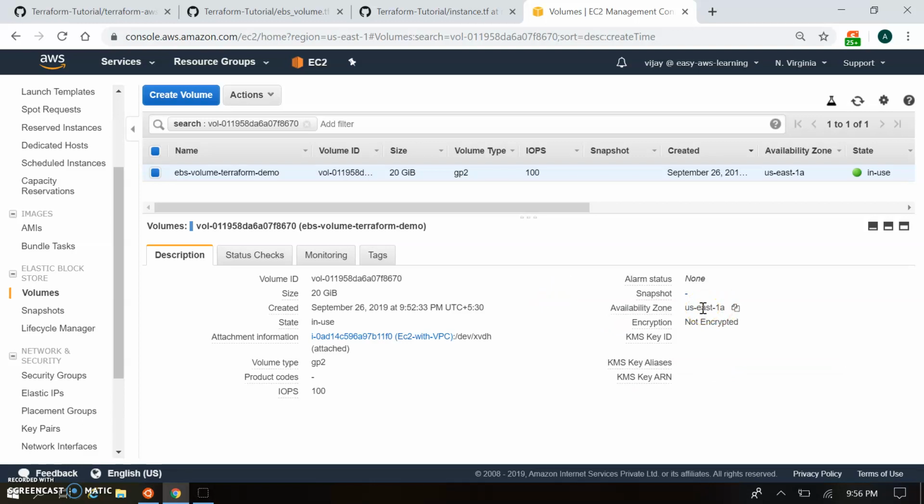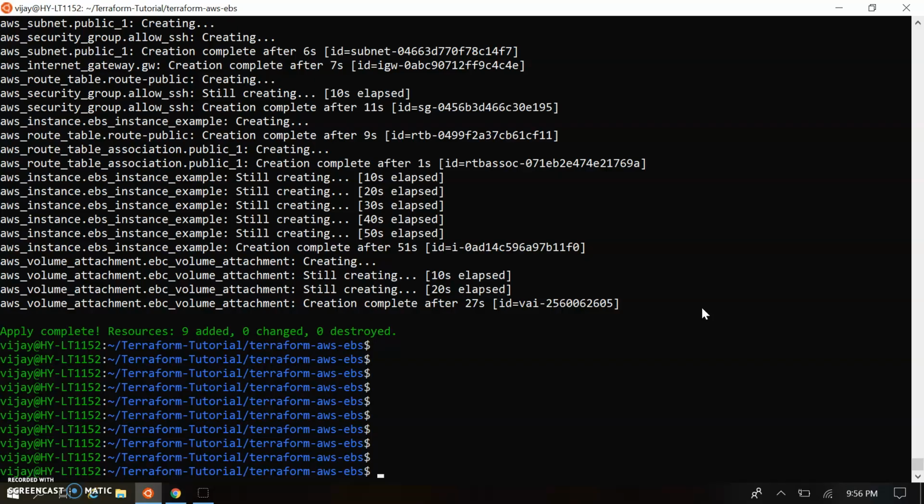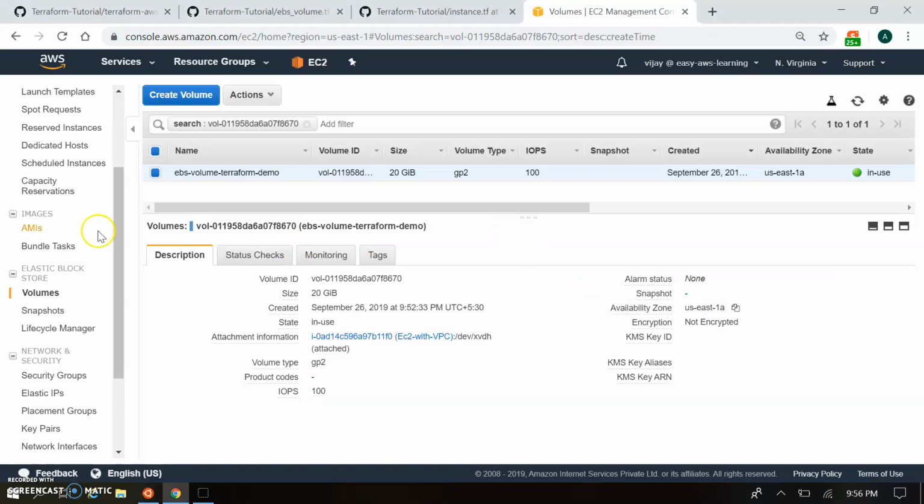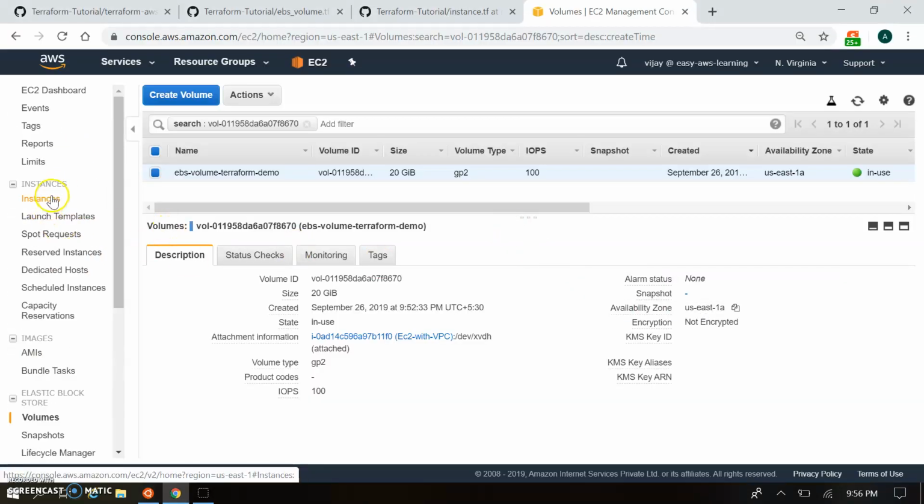So let's connect to the console to understand where the volume is attached. I'm just connecting with SSH to the EC2 instance, and let's copy the public IP.